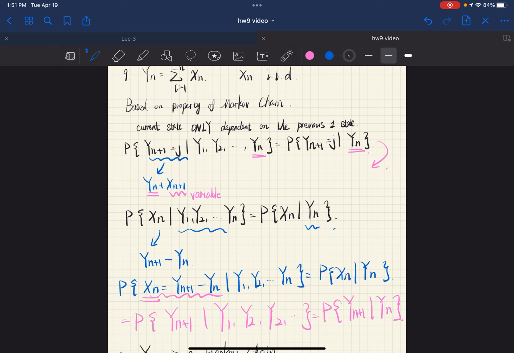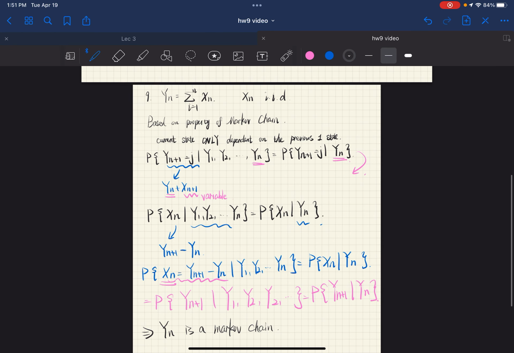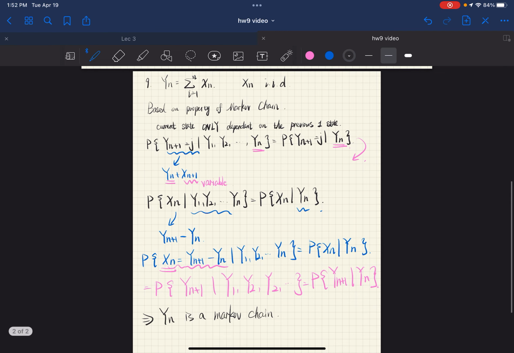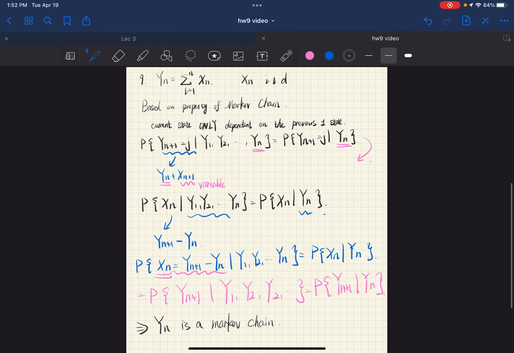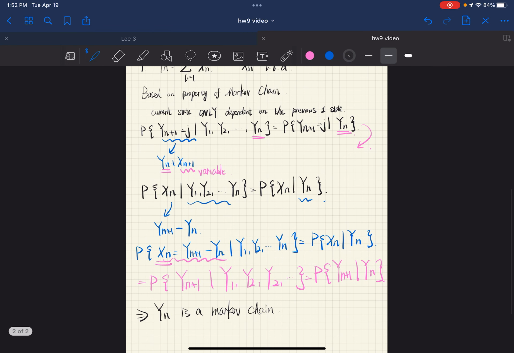And we also need to use the probability conditioned on Yn on each side, so we can just consider Yn as a known variable here, and the only unknown variable is Xn plus 1, and as the index can be shifted by 1,